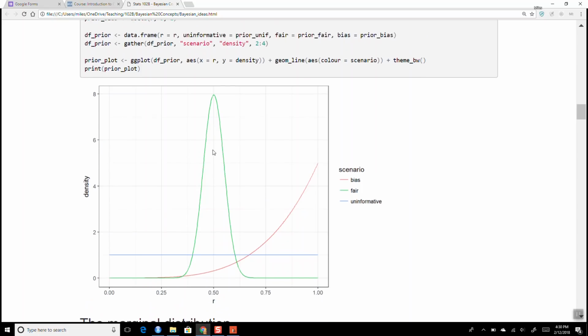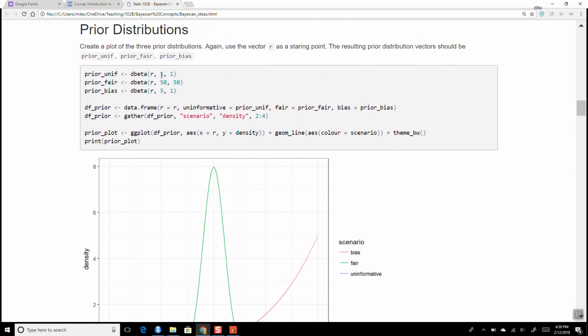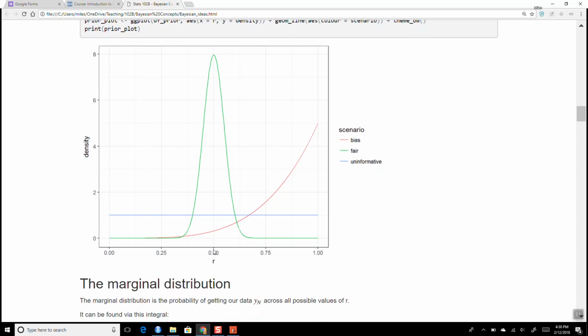How we express the prior distribution could be different. So here I used beta shape parameters 50 and 50 for the fair scenario. Okay. I could have used 5,000 and 5,000. What 5,000 and 5,000 would have done would have made my prior very, very, very pointy at 0.5, okay? And basically very unlikely, so it'd be like the only possible values allowed would be somewhere between 0.49 and 0.51,